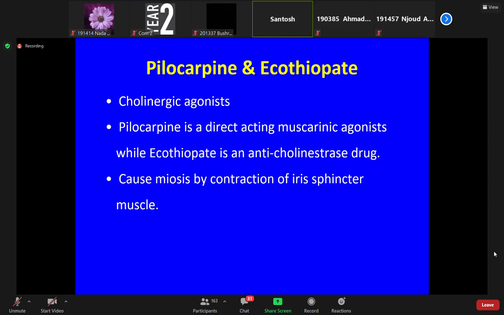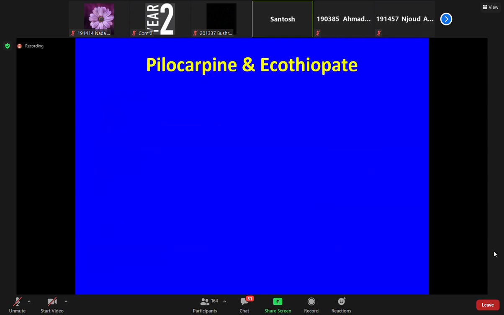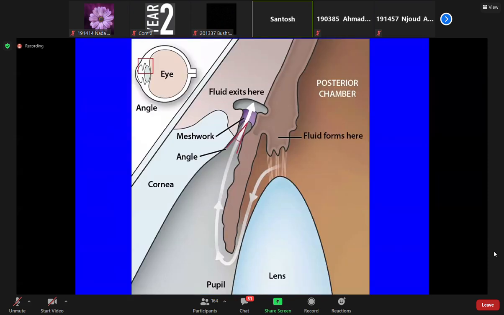Okay. Both of these drugs will cause miosis by causing contraction of the iris sphincter muscle, or sphincter pupillae muscle. What will this do? This will pull the peripheral iris away from the trabecular meshwork, and that will open the angle. So this will pull this muscle a little bit away from the angle, and that will lead to opening of this angle and increased drainage